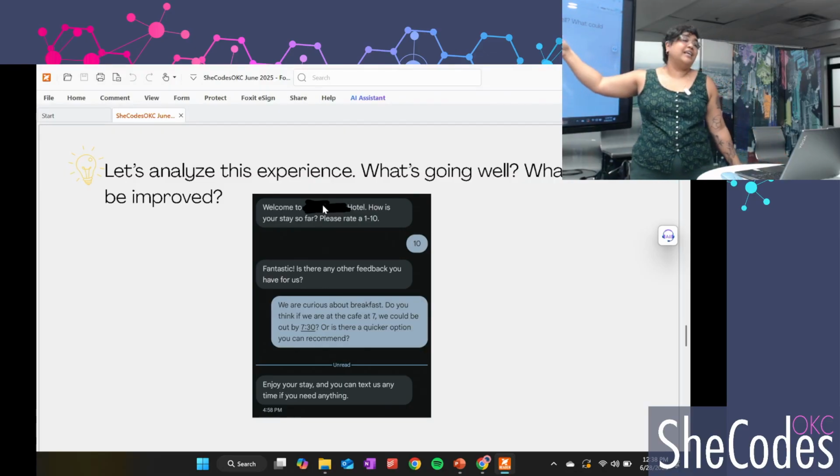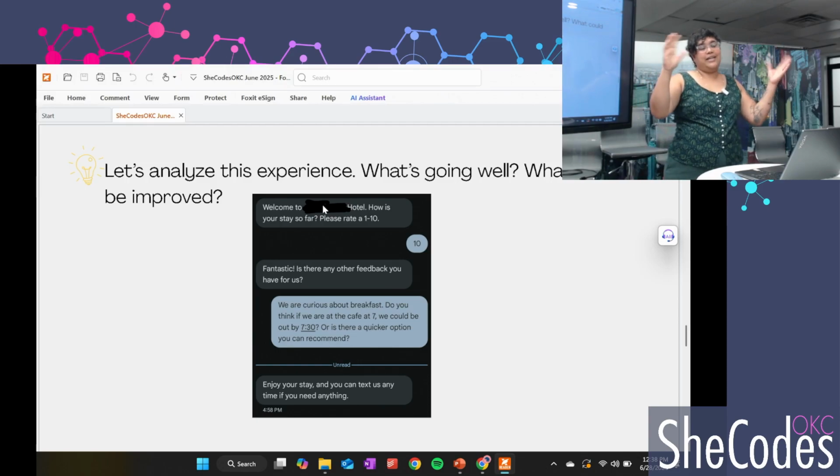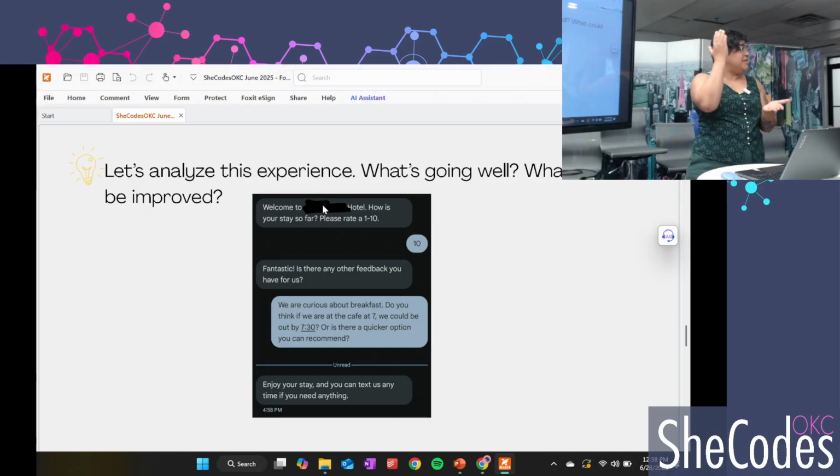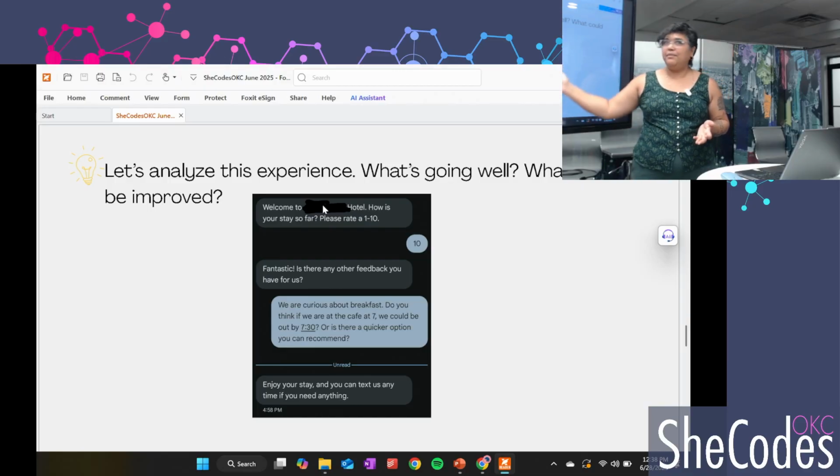The instruction is very clear. How would you rate us? And they want a scale of 1 to 10. So that's good. They didn't just keep it open-ended. They told you they want a number. And the only thing is, it doesn't say if 1 is good or 10 is good. Right? We're just assuming 10 is good. That could be improved. Of course, the other thing that could be improved is the big one here.